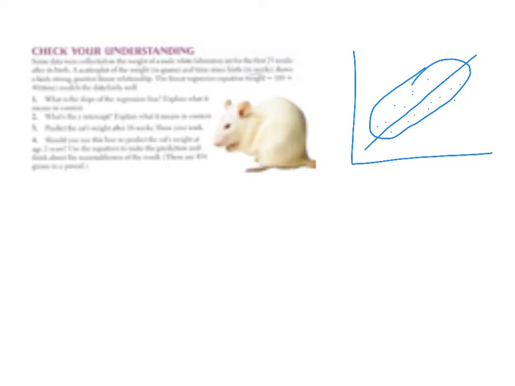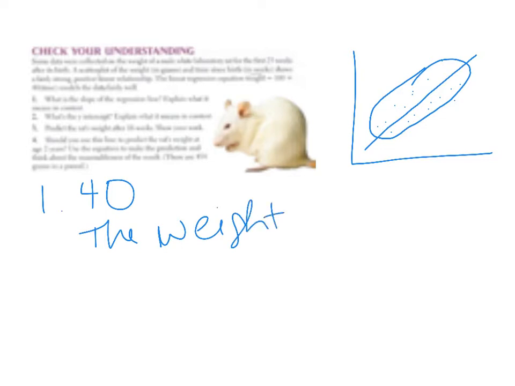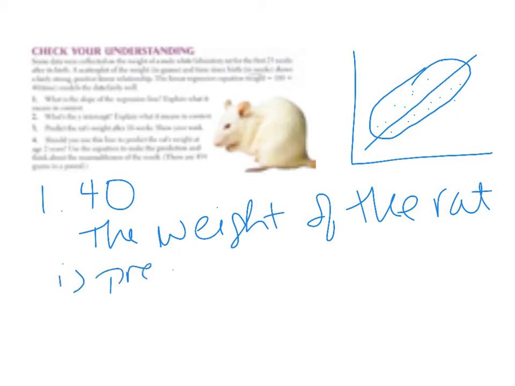So what is the slope of the regression line? Explain what it means in context. Our slope here is 40. So in context, what does that mean? Let's go with our sentence stem, which was putting our y in context. So the weight of the rat is predicted, and we have to say positive or negative here. Increase or decrease? Well, it's a positive slope, so predicted to increase by whatever the slope value is,